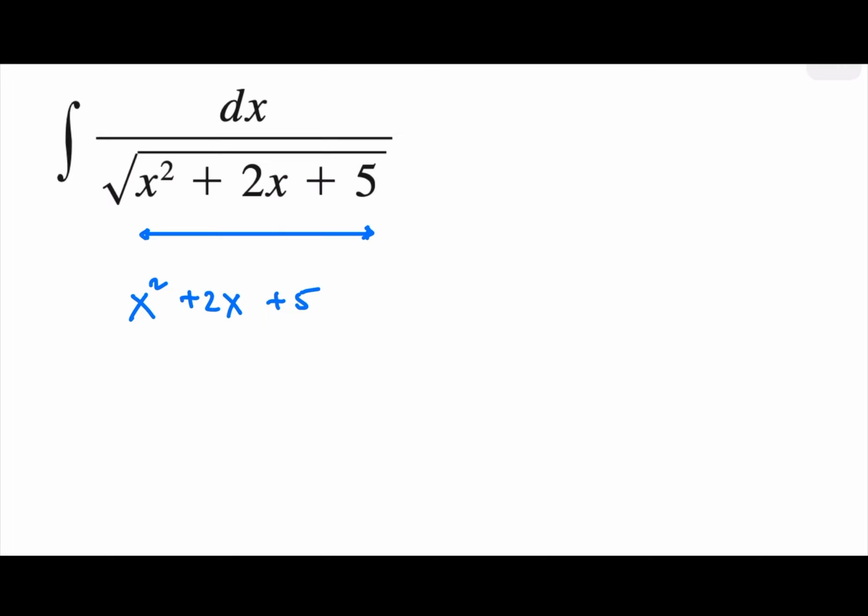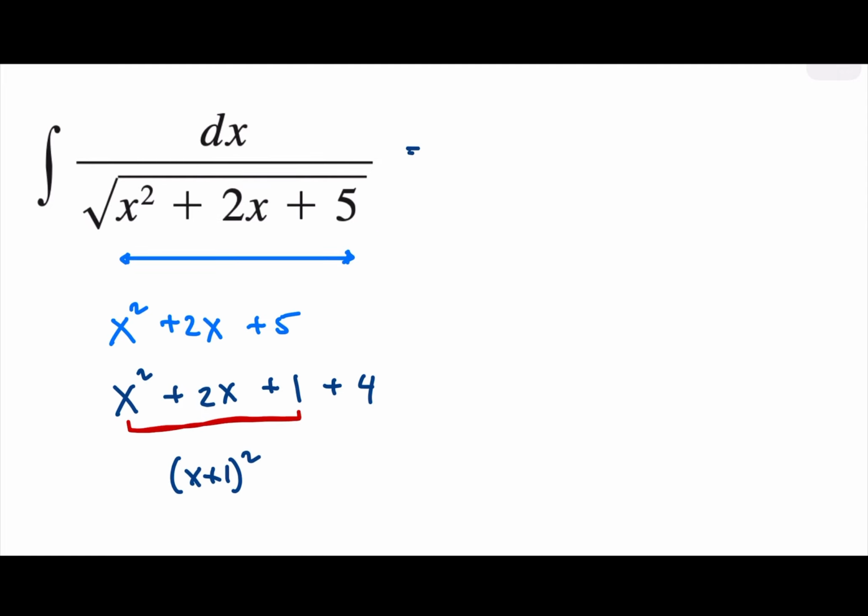Now if you remember the quadratic equations, this probably will be x squared plus 2x plus 1, plus 4. Now the whole thing here, x squared plus 2x plus 1, we can rewrite as x plus 1 squared. Now the whole thing for these integrations we can rewrite as